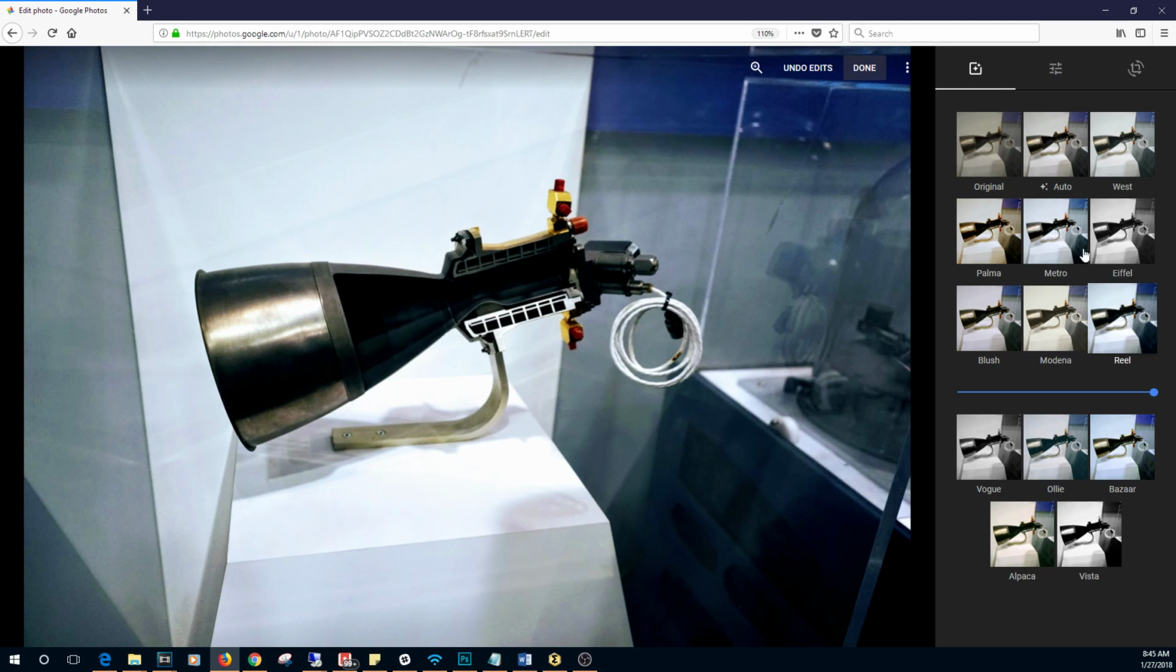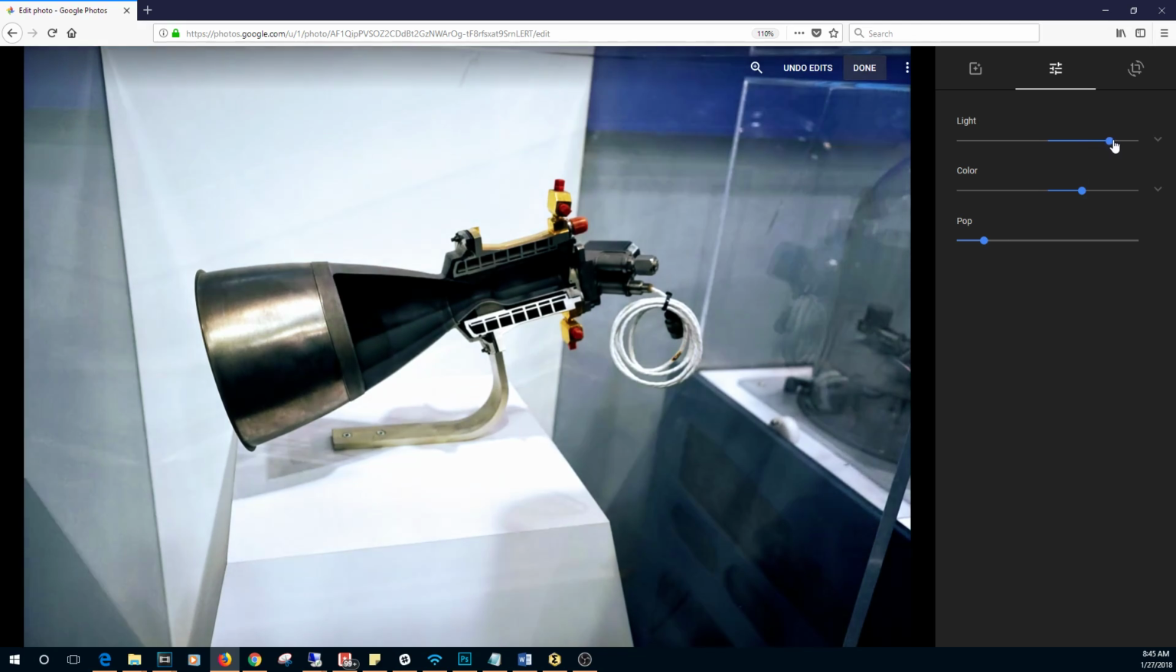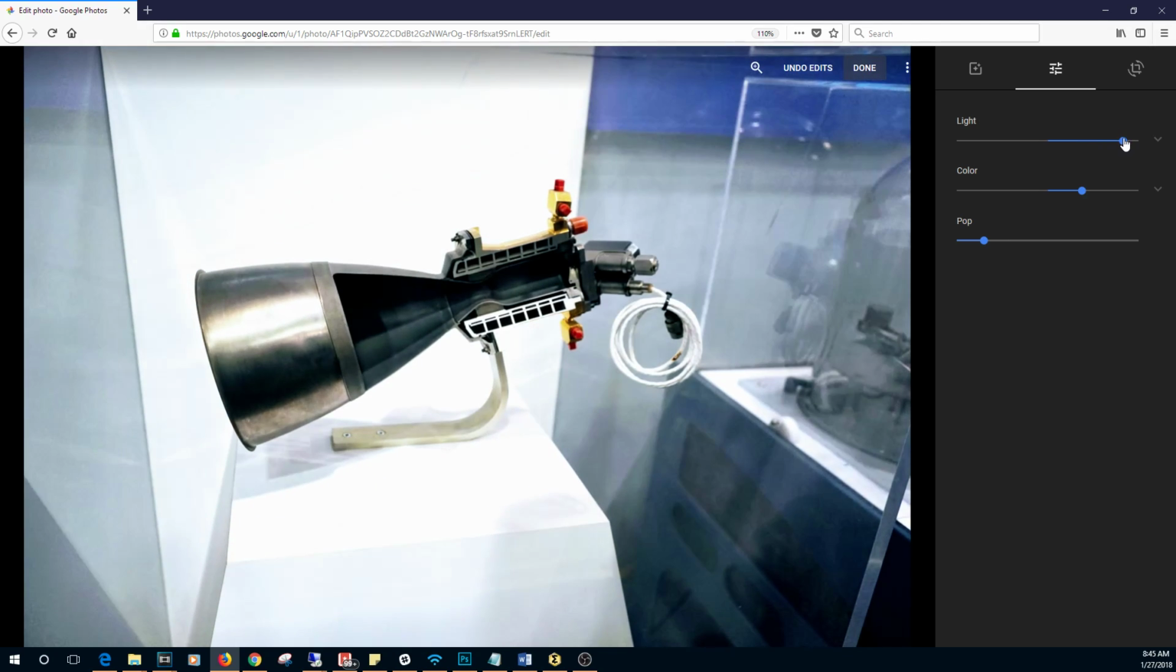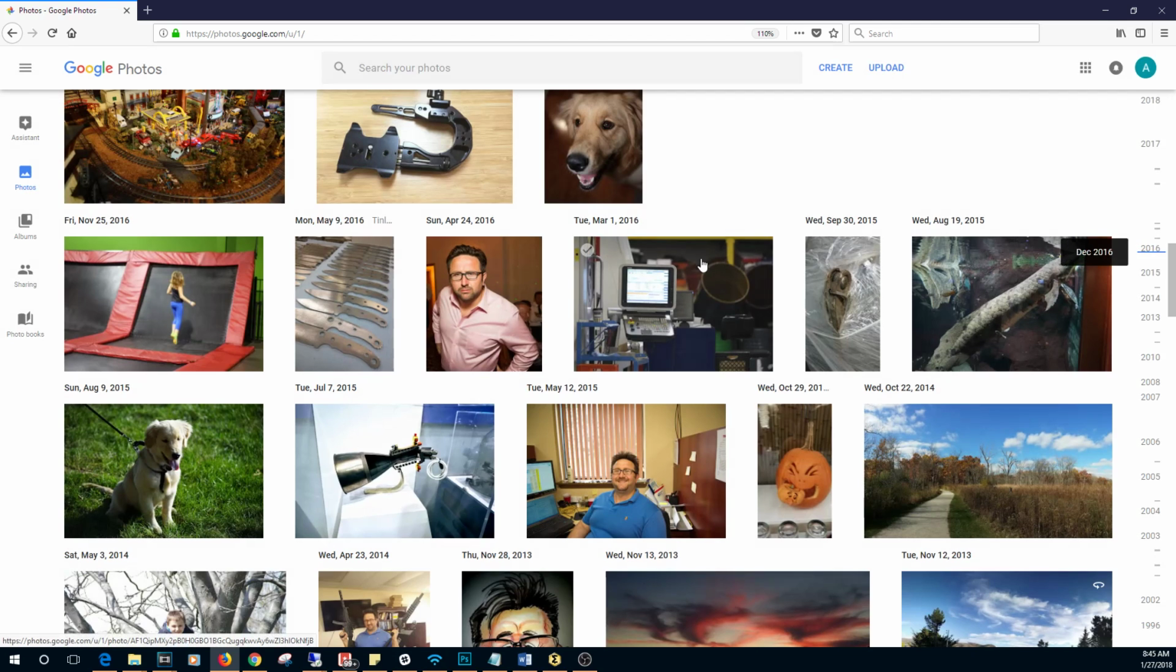And then if you're not happy with any of these choices, you can go into the sliders, and here you can tune in your perfect setting. Now, it's very limited in what you can do, but the feature set is good for most people, I'd say. Okay, so now this image looks so much better. Not sure what this is. Some rocket nozzle. It's a museum, but in any case,